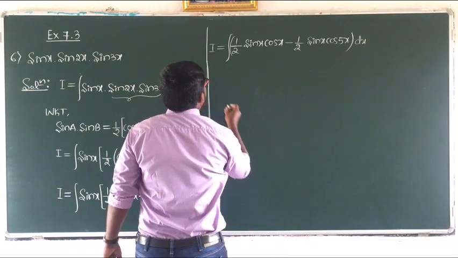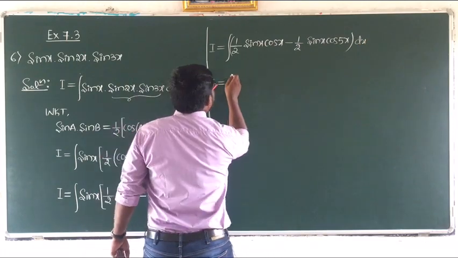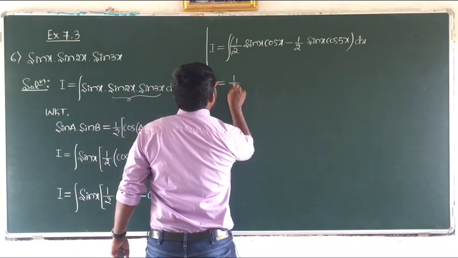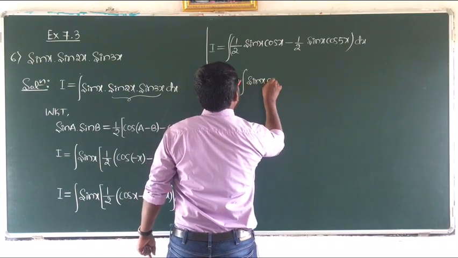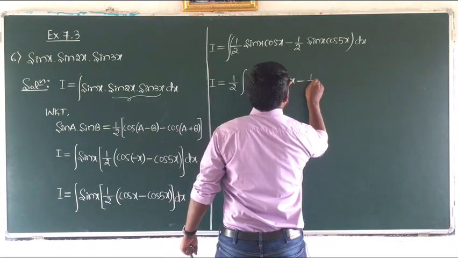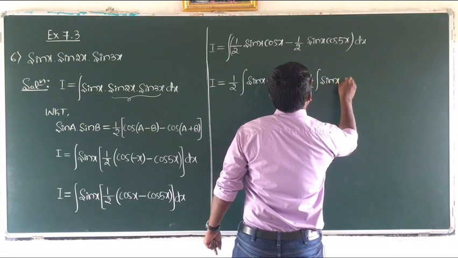So now see here I, which is equals to, integrate them separately now. So we get 1 by 2 outside, integral sin x into cos x dx minus 1 by 2 outside, integral sin x into